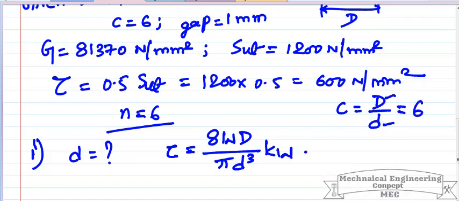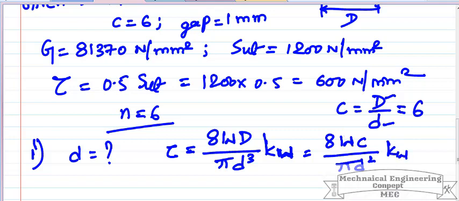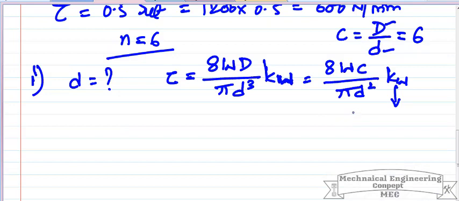Then I can write this formula as tau equals 8WC by pi d square into Kw. W is the thrust load, C is the spring index, small d is the wire diameter, Kw is the Wahl correction factor. W is given, C is known, small d I want to calculate, tau I already calculated,